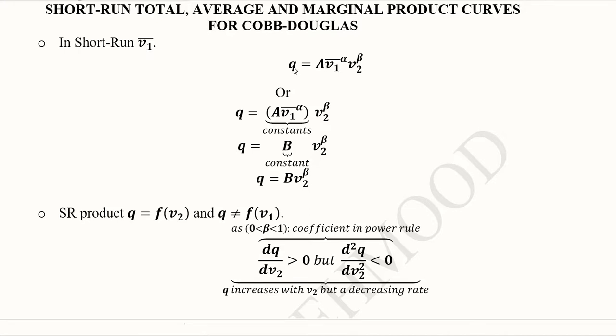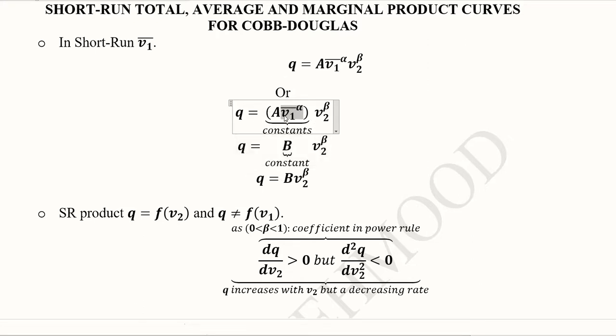So in this situation the output will be a function of these two variables. However, the V1 variable will be considered as constant for this short run. When we consider this, V1 is temporarily considered as a constant, and we can write them together, that is A and the V1 term, because both of them are considered as constants. When we do this, we can write one constant instead of two, that is the result of this couple of constant terms getting multiplied will give us another constant, the symbol for which can be B